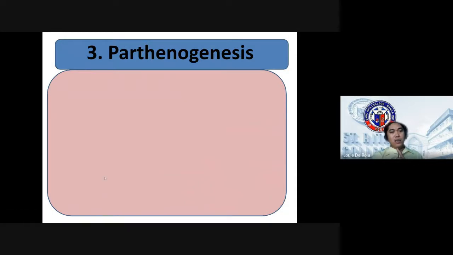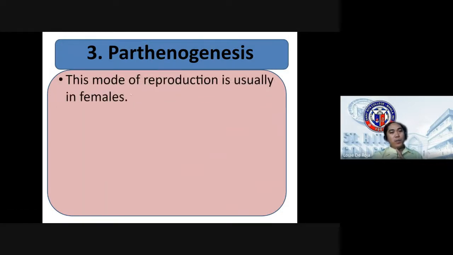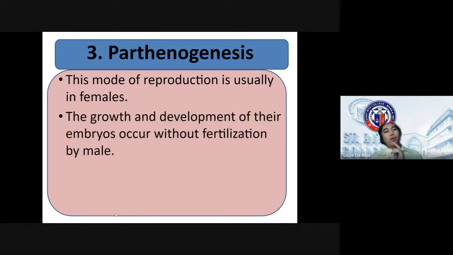Parthenogenesis. In this case, this mode of reproduction is usually in females lang nangyayari. The growth and development of their embryos occur without fertilization by male. So, yung mga ganitong organism katulad ng bees, ants,